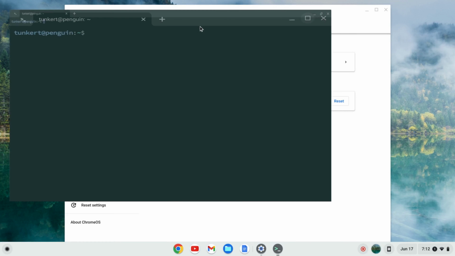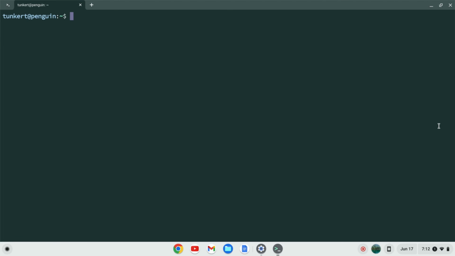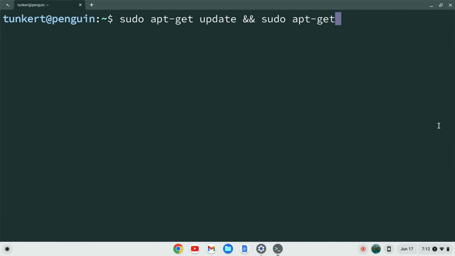Okay, once the Linux development environment is installed, a terminal will pop up. I'm going to maximize this and increase the font size so you can see what I'm doing. I want to make sure everything is up to date, so I'm going to type sudo apt-get update and then 2 ampersands, which means and, then sudo apt-get